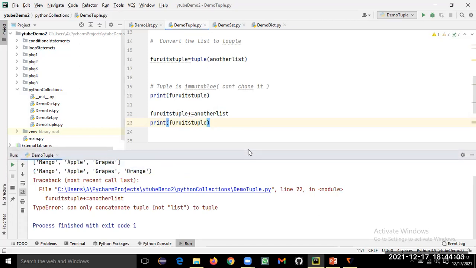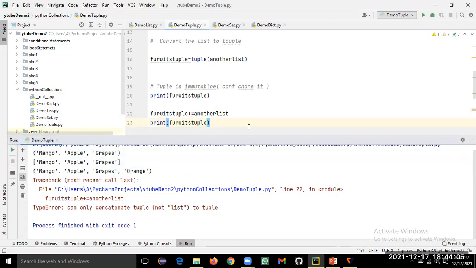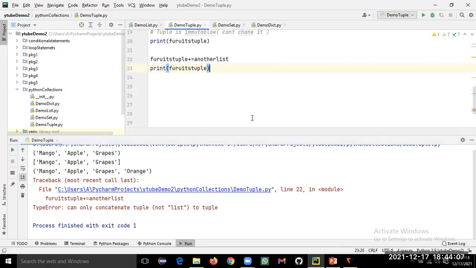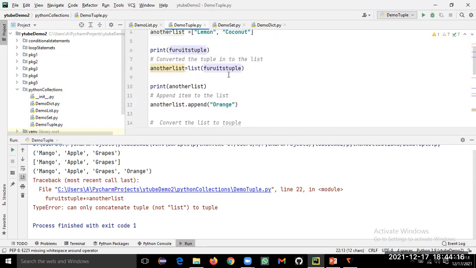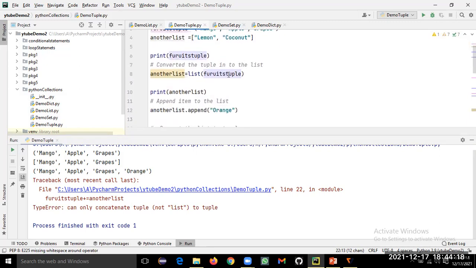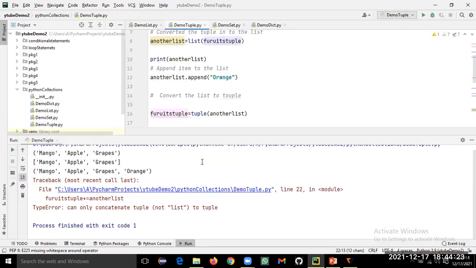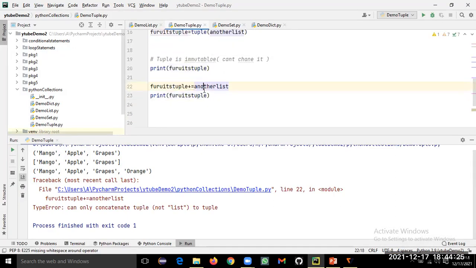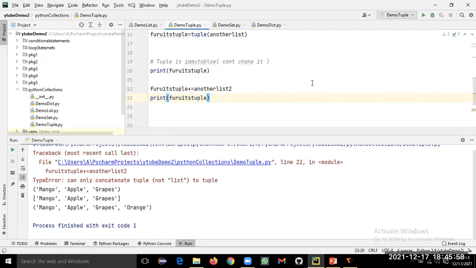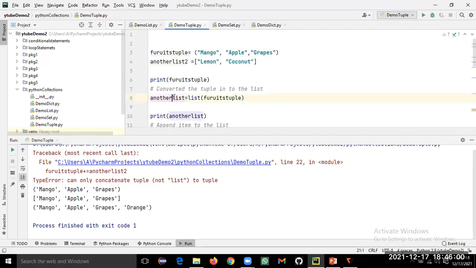So just a moment. What's wrong here? Let me check. Line number 22, fruits tuple plus equal to another list. We have taken this another list already.